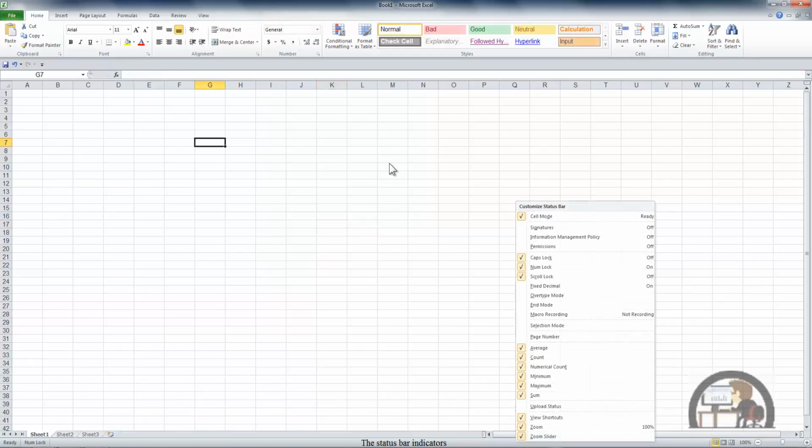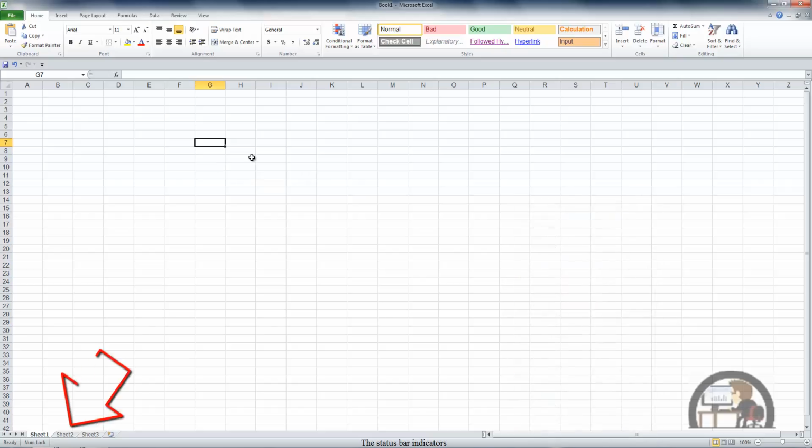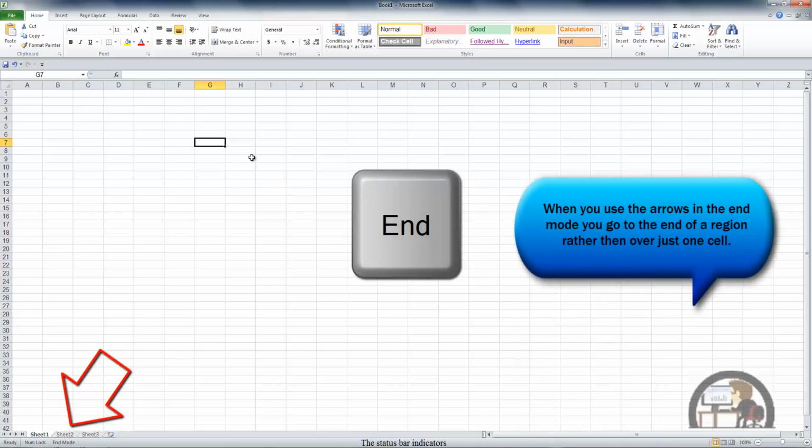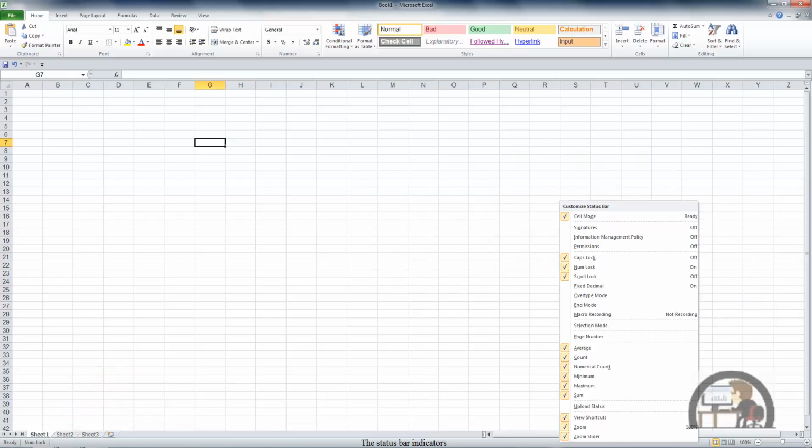The next indicator we can turn on or off is the end mode. And with this selected, when I'm in a cell and I press the end key, I go into the end mode. How useful this might be or not, I'm not here to say. Skipping down to the selection mode, because that's another mode,